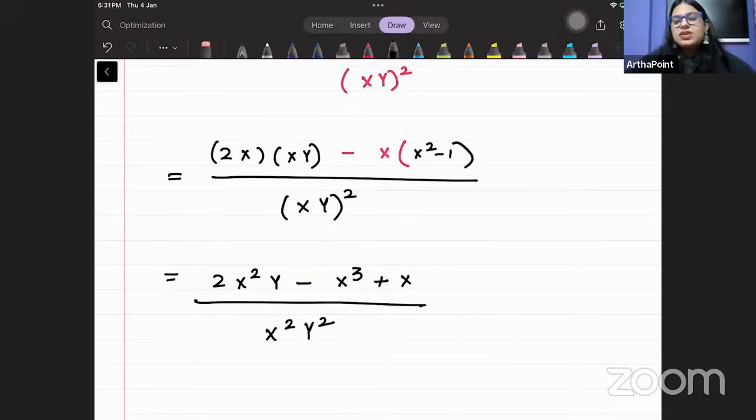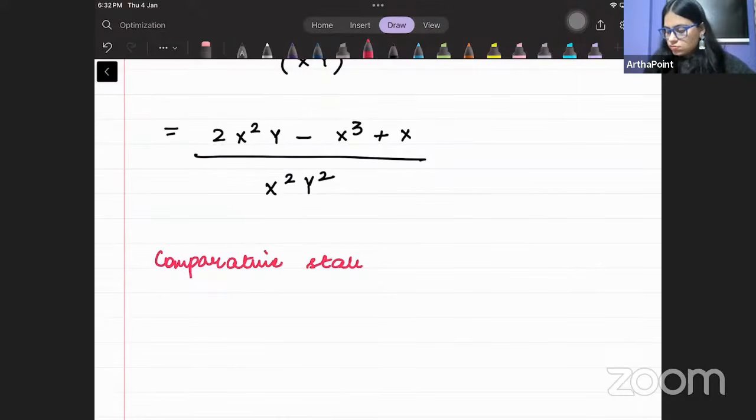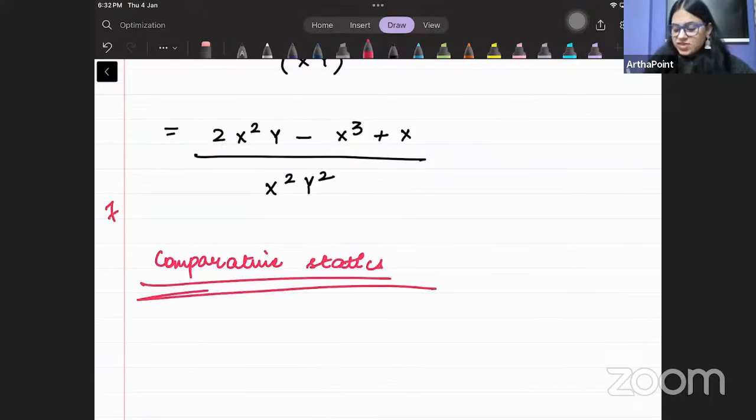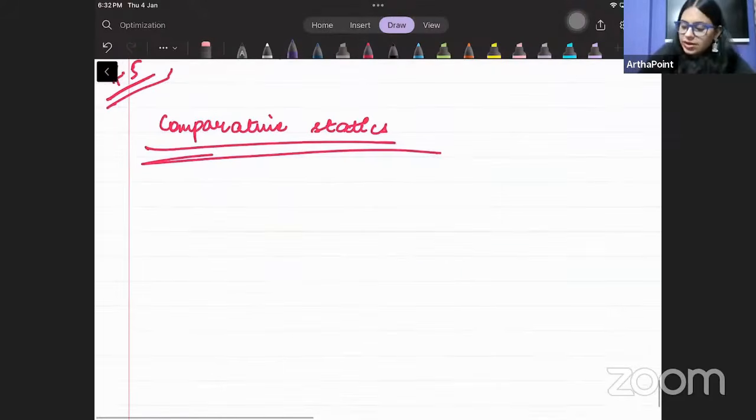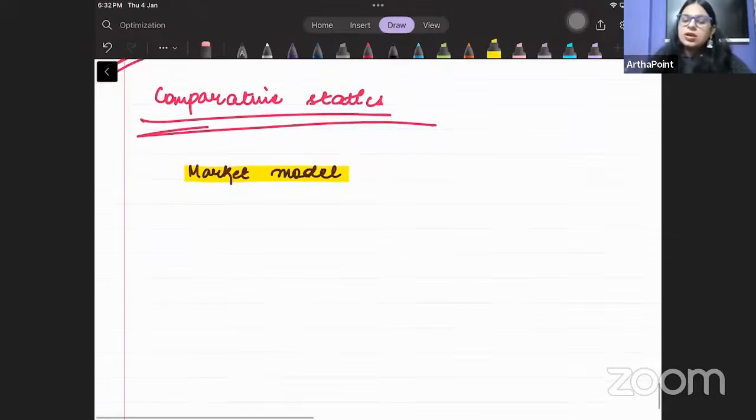ओके, अब बेटा जो हमारा नेक्स्ट चीज आता है वो बेसिकली आ जाता है हमारे पास कंपैरेटिव स्टैटिक्स। कंपैरेटिव स्टैटिक्स सेक्शन 7.5 है इस बुक का, जिसमें बुक ये बोल रही है बेसिकली कि हमें कभी कभी ये भी पता होना चाहिए कि कैसे एक वेरिएबल के चेंज होने से बाकी चीजों पे असर पड़ता है। और ये समझाने के लिए मैं बुक का एक एग्जाम्पल लेना चाहूंगी जिसको हम बोलते हैं मार्केट में। ठीक है बेटा, एग्जाम्पल के तौर पे